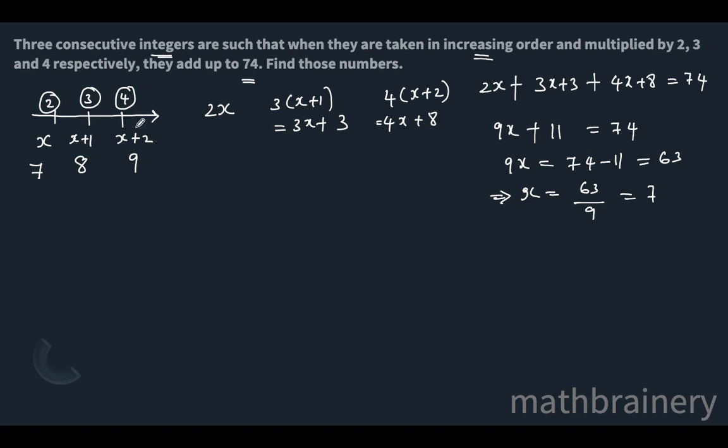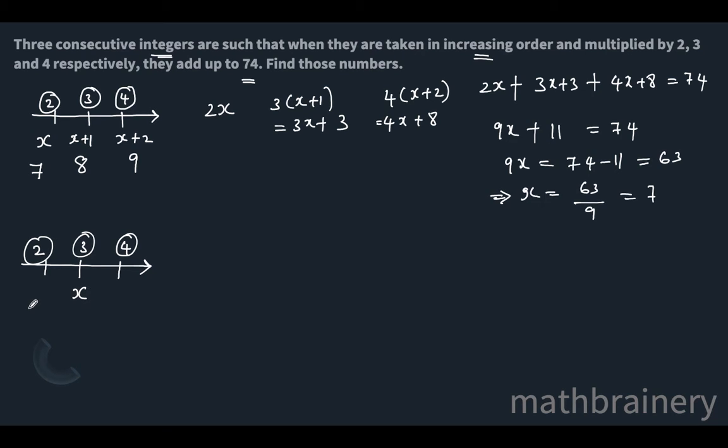Well, let us solve the same problem in a different logic. I have the same number line. I will be choosing three consecutive integers, that is the integers which come one after the other. I am going to multiply the first one with 2, the second number with 3 and the third number with 4. Now, let me assume this middle number as x.